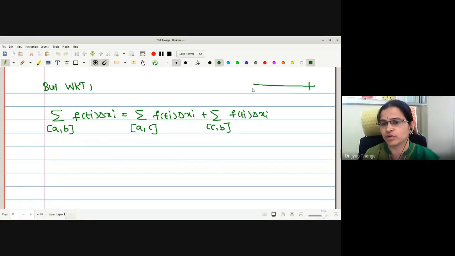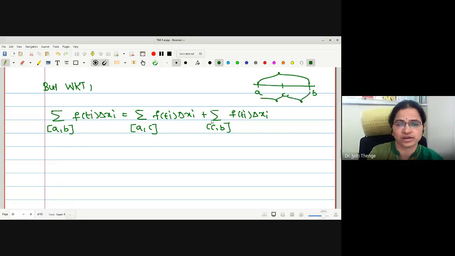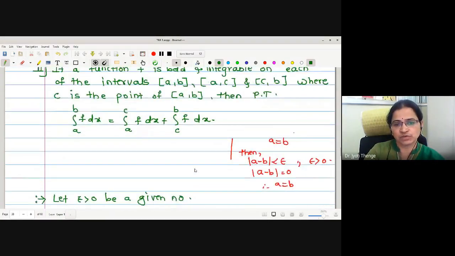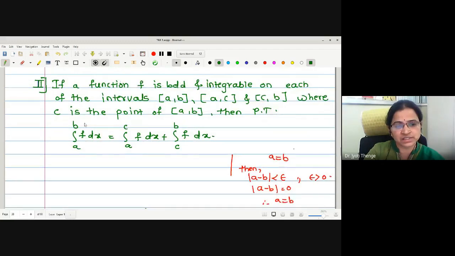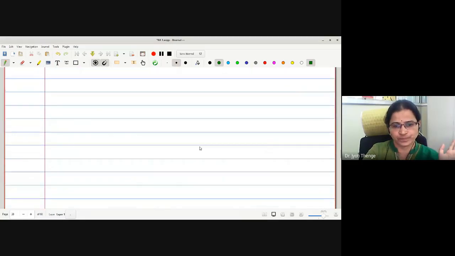You can easily observe this from the real line. This is the closed interval a to b and c is a point in between. Therefore, whenever I find any sum on the whole interval a b, it must be equal to the sum on a to c plus the sum on c to b. This is what I have written, and let me call this statement number 4. Now we will go for the exact statement we want to prove. The next step is to consider the difference of the left hand side minus the right hand side with modulus, and the aim is to prove that this difference is less than epsilon.